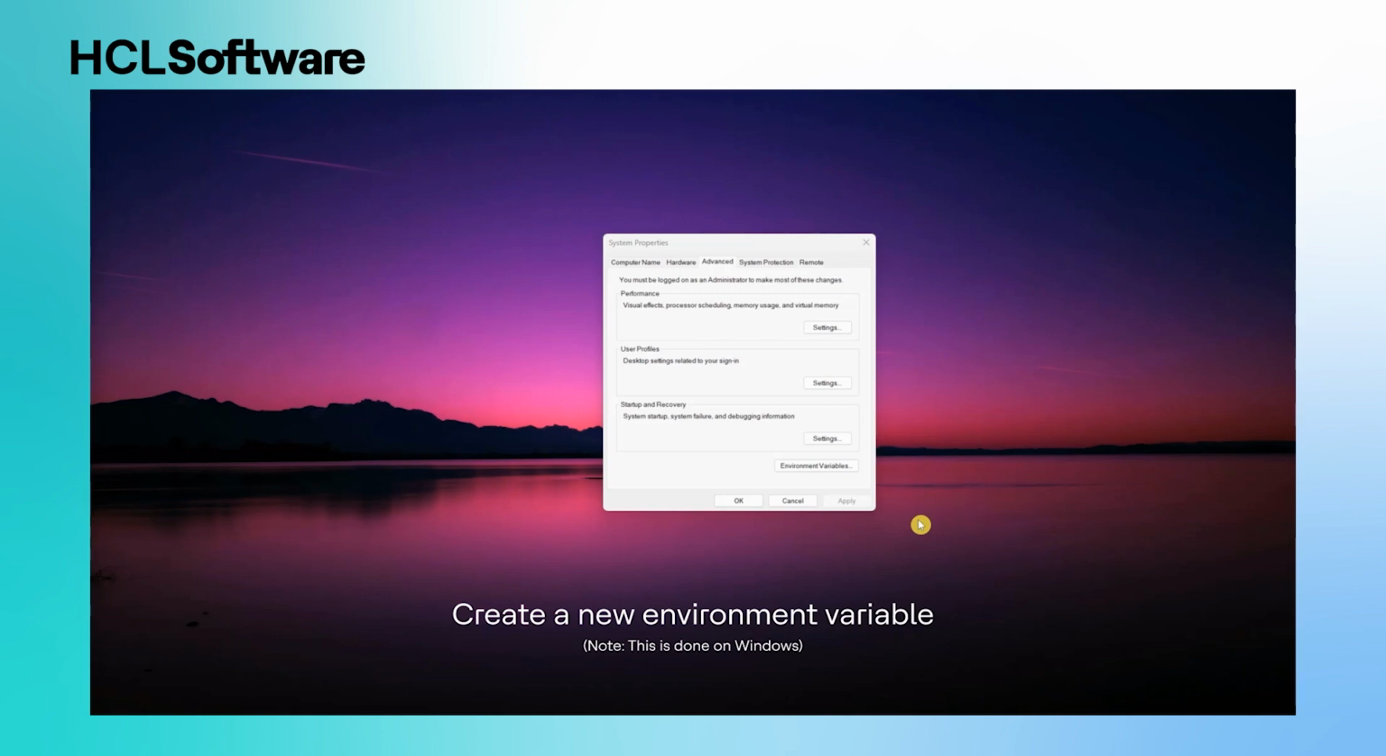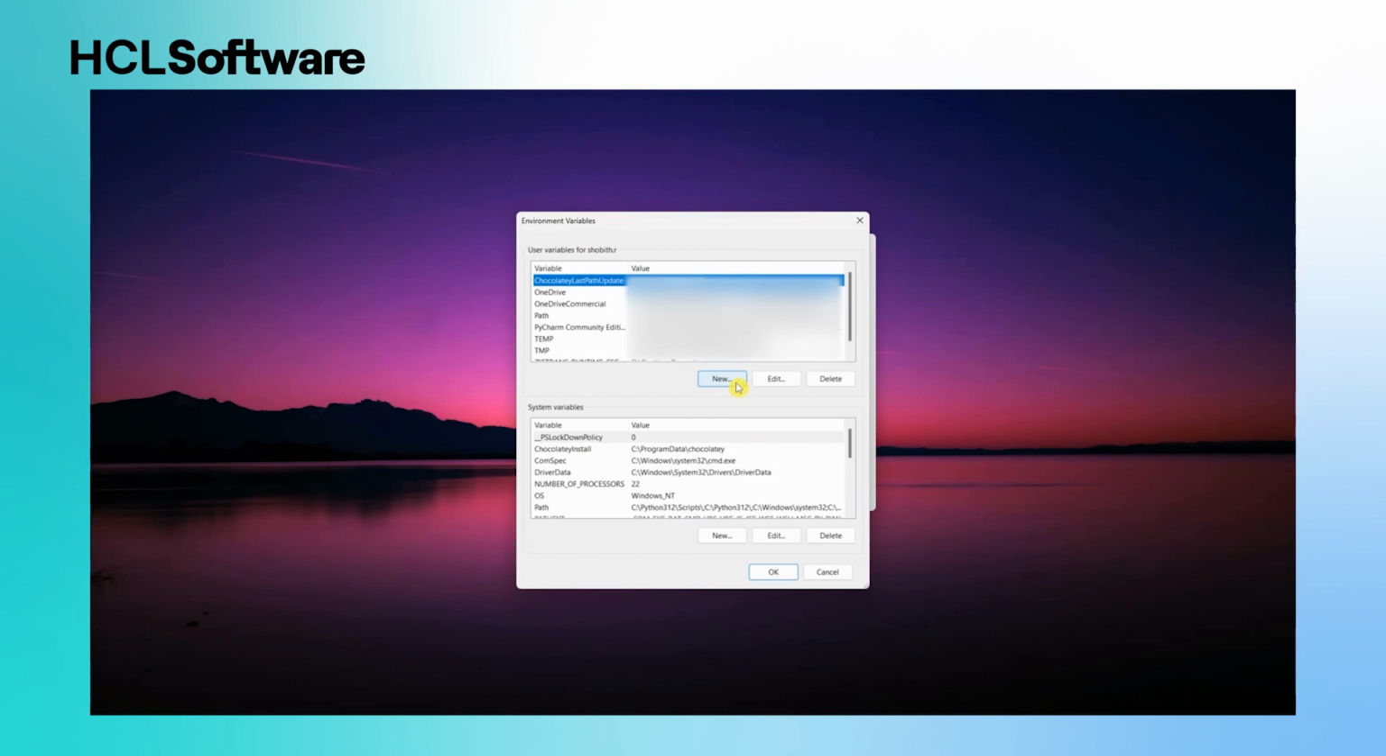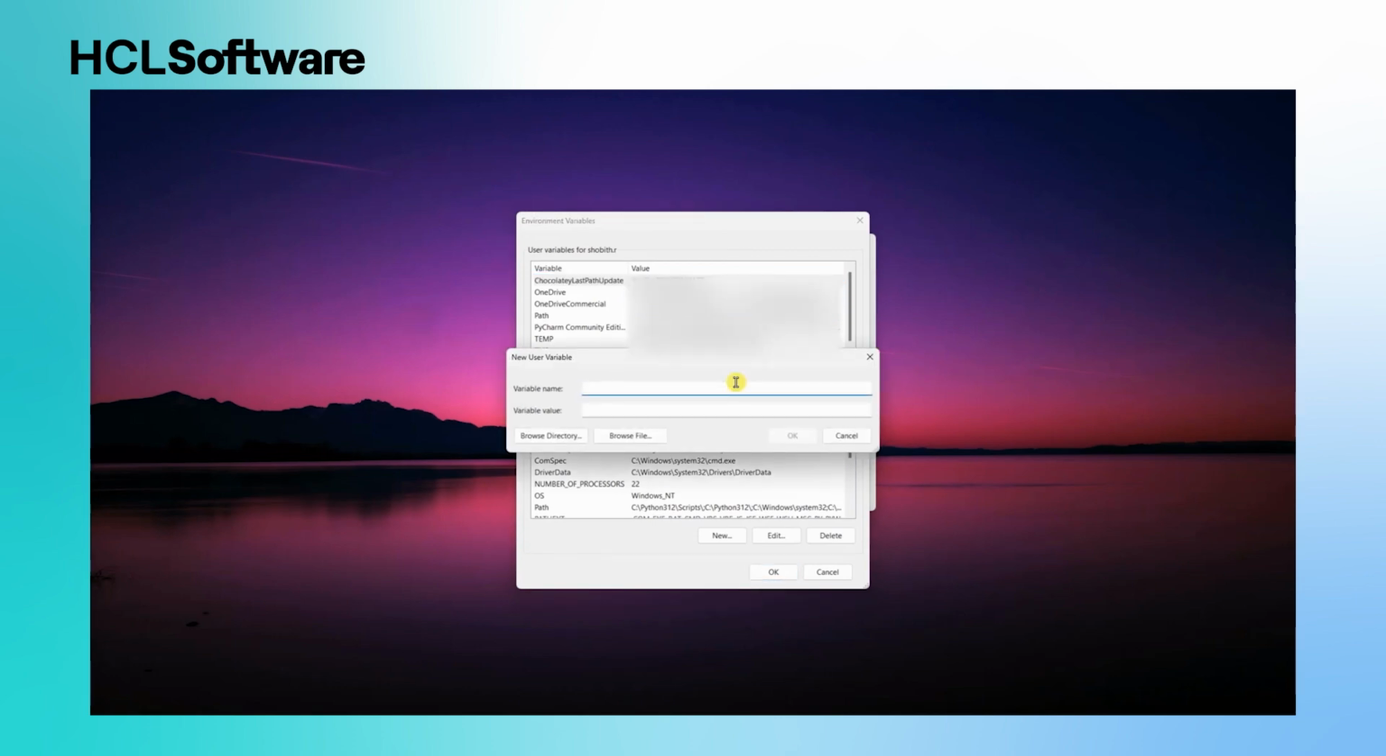Search and open the system properties. Click on Environment Variables, and under the User Variables click on New. Give the variable name as